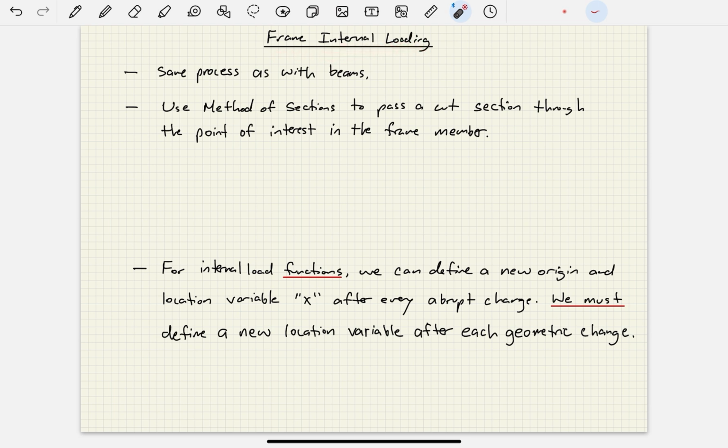The first sentence I have here basically states that frame internal loading is going to follow the same process as we saw with beams, okay? And what does that process deal with? Well, it uses the method of sections to pass a cut section through the point of interest in the frame member, okay? So for example, let's say that we have a two-member frame like this,